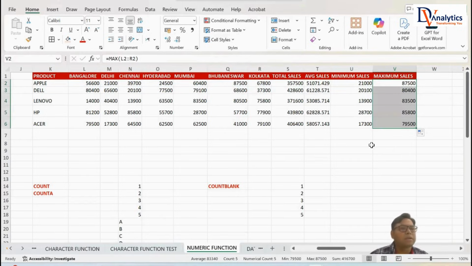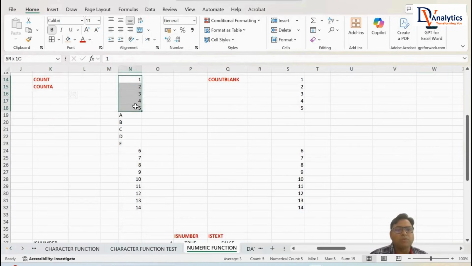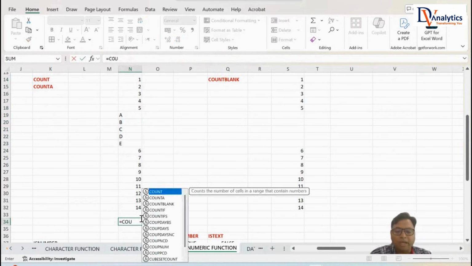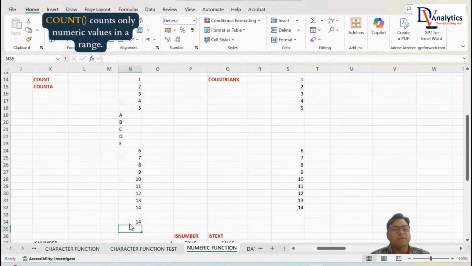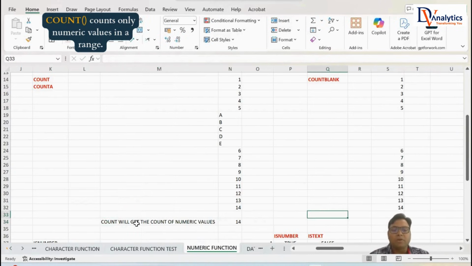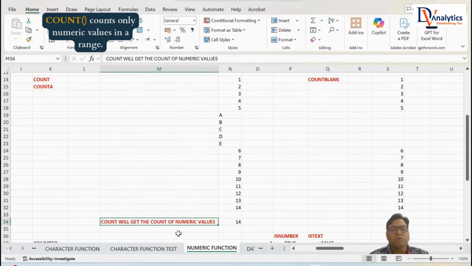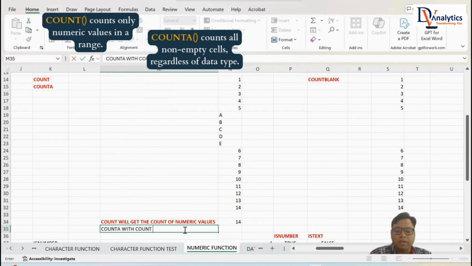Is this clear? Right. Now there's something called count and count A. What is given here? 1, 2, 3, 4, 5, A, B, C, D, E, and 6, 7, 8, 9 to 14. When you say I want the count of these series values, what values are going to come in here, guys? What is it showing? Count will get the count of numeric values. Does it take care of characters? No. So what will we do here? You will use count with alphabet. Count A counts numbers and